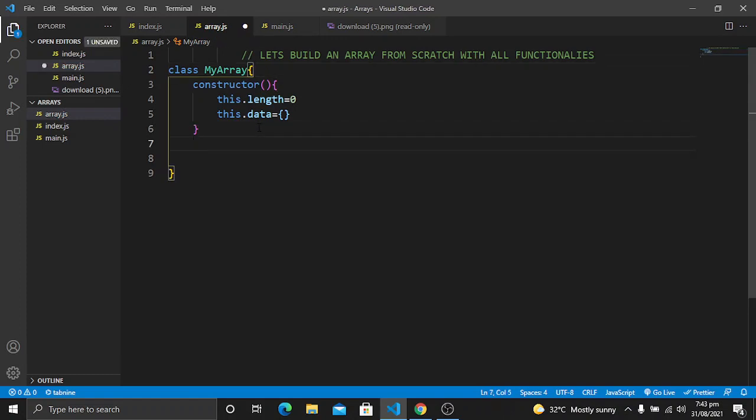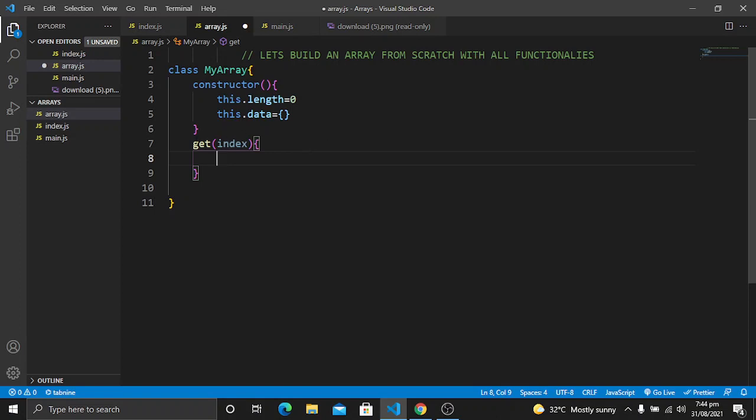In the next step we will create different methods. The first method that we will make is going to be the get method. If you want to get an item from the array, or we can say access an item from the array, for this purpose we will build the get method.